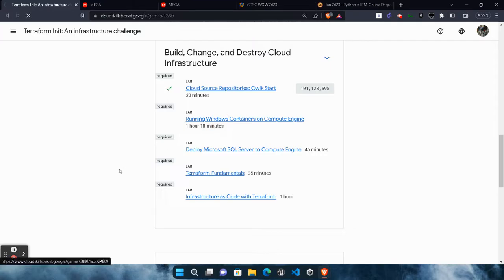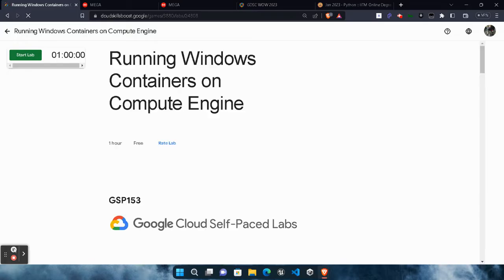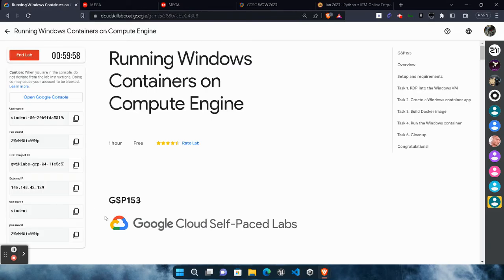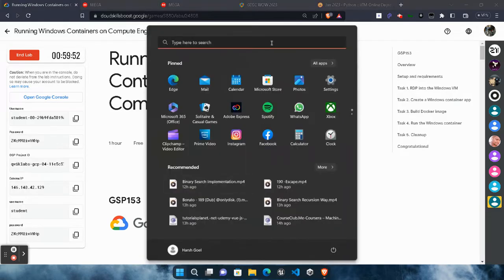Without wasting time, start this lab and wait for the page to be loaded up. Once the page gets loaded, simply click on the start lab button to get the credentials which is required to activate our lab. Okay, so wait for it to get loaded. After that, once the credentials get loaded, simply click on the start button here and under the start button search for the